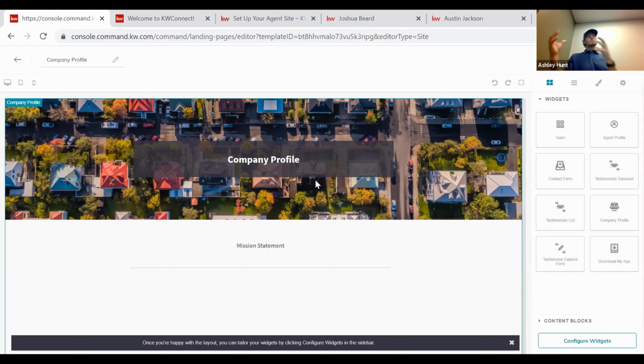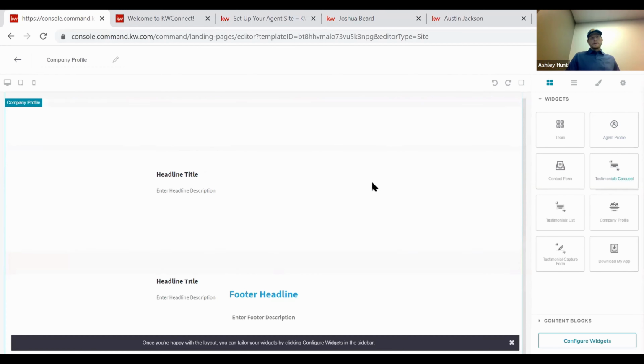I would just start with the basic stuff, the company profile, the About Us that works out of your Kelly guide, and just do the Kelly guide. If you feel like you're ready to take that next step, you can come in and create your own and filter it to what you want it to look like. But so like agent profile,